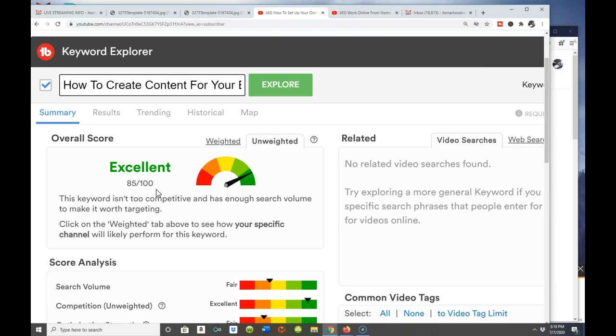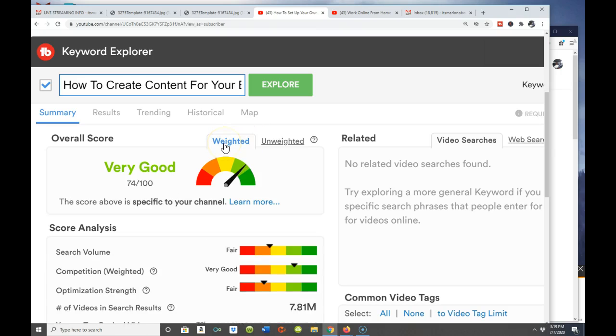Number one, know who and identify with who your target audience is. Number two, get on this particular software, Keyword Explorer, inside of TubeBuddy, and start doing keyword research, putting in the keywords that you want to put in to attract your particular audience. Does that make sense? Okay, so once you do that, guys, the Explorer is going to give you two different numbers here, right? It's going to give you scores. It's going to give you a weighted score, and it's going to give you an unweighted score.